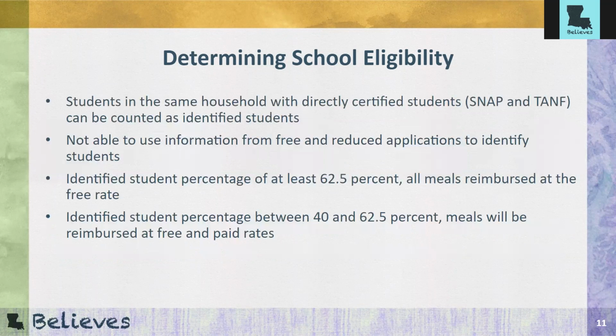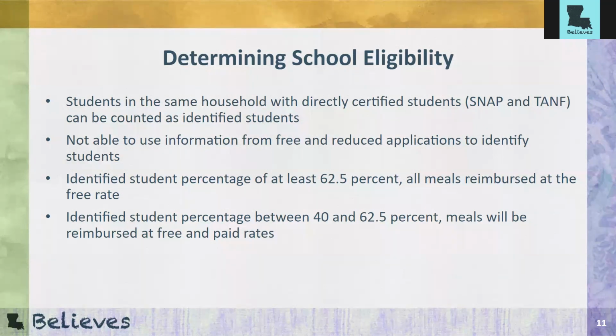Students that are in the same household with directly certified students, and those directly certified students by either SNAP or TANF, can also be counted as identified students. You cannot use any of the information from free or reduced price applications to identify students. The identified student percentage of at least 62.5 means that all of the meals reimbursed will be at the free